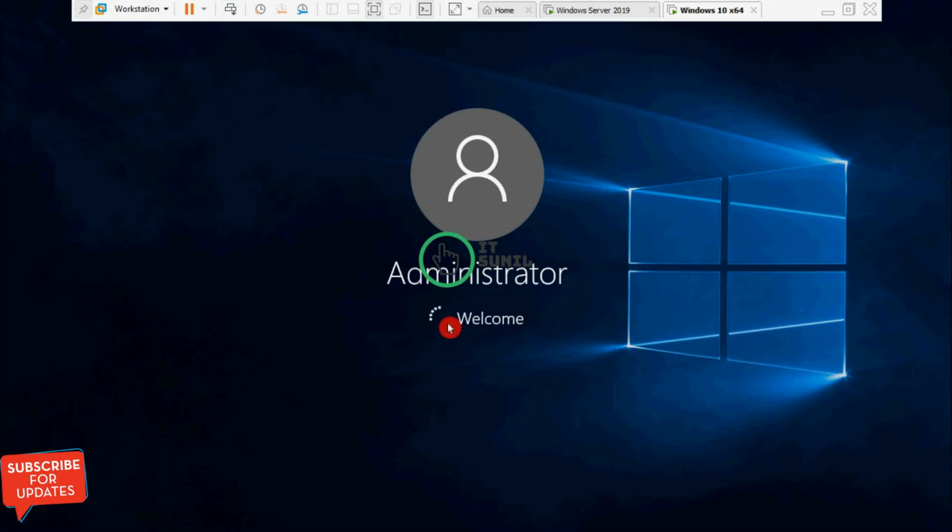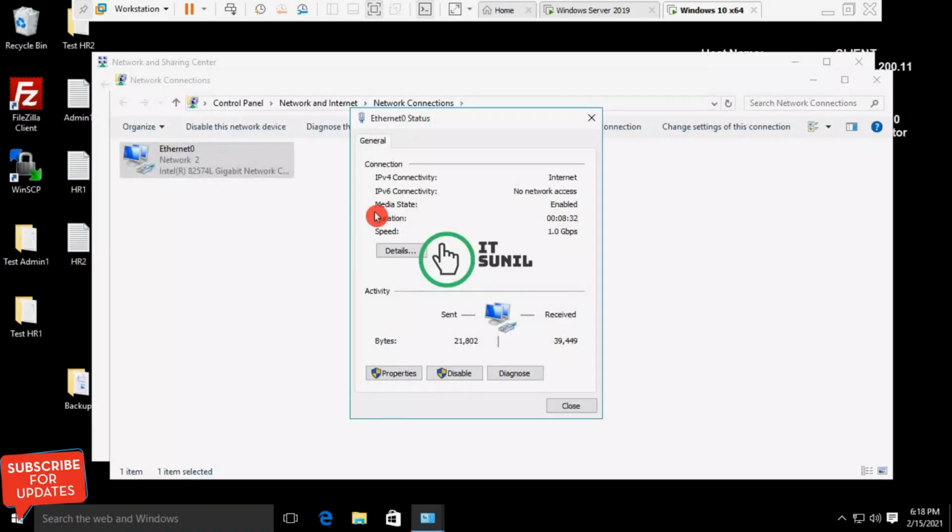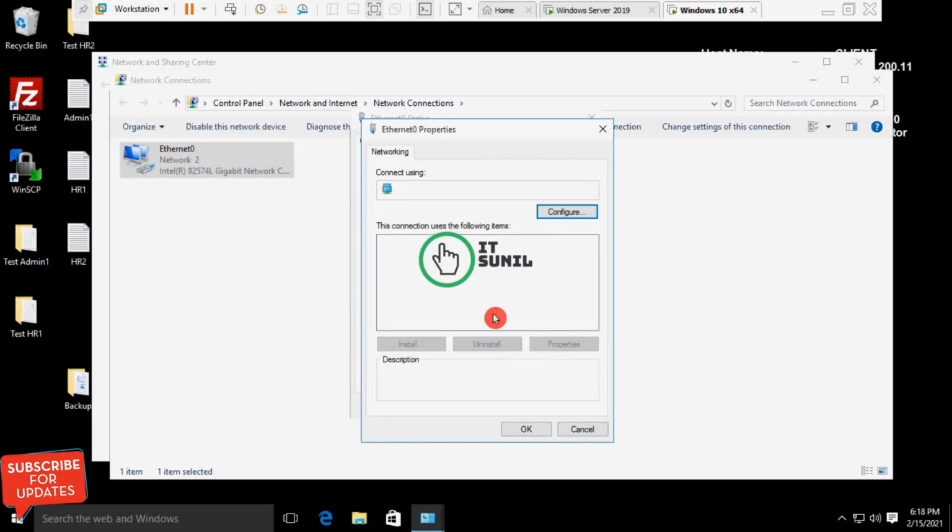So this is my client machine. Now I'm going to log in with administrator and try to join this client machine to my domain, to verify that my domain controller is working. Open the network connection properties and set the IP address of the client machine.